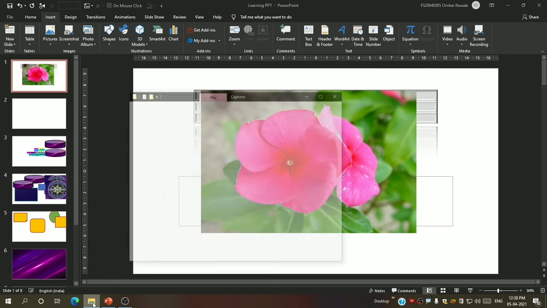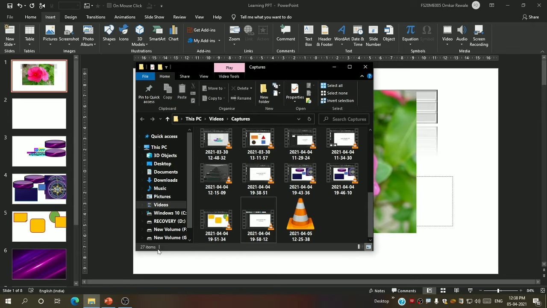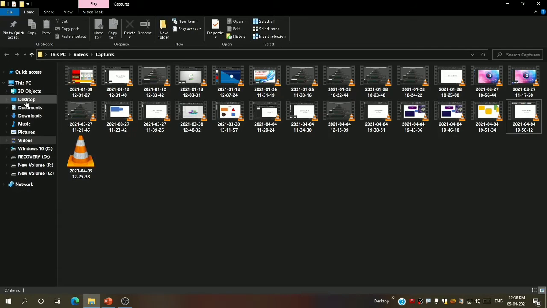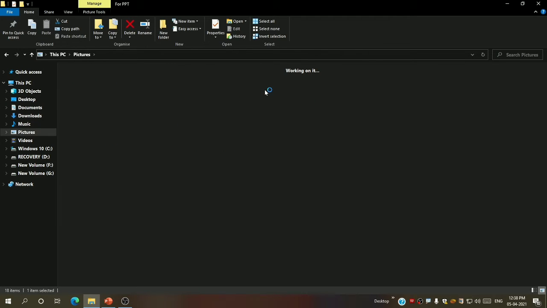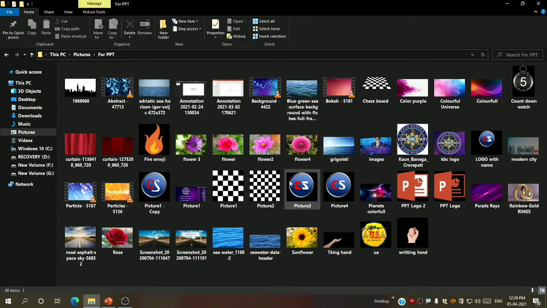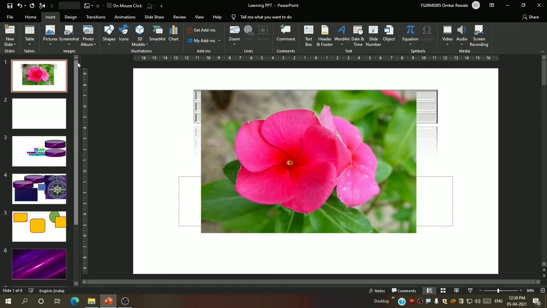You can see in my pictures, I have created many folders. I also created a folder for PPT, so you can also create a folder over here only, so that you do not have to make an album over here.